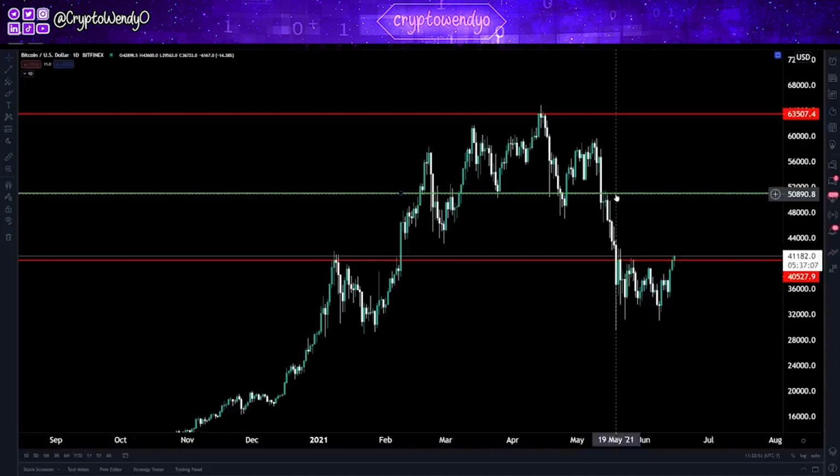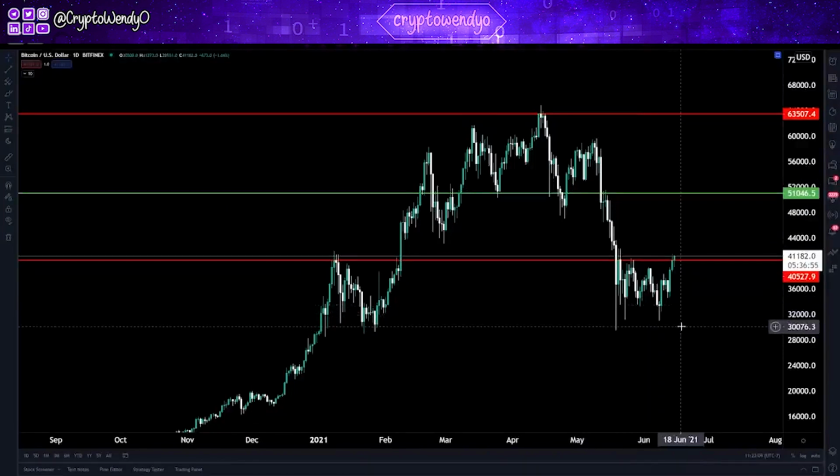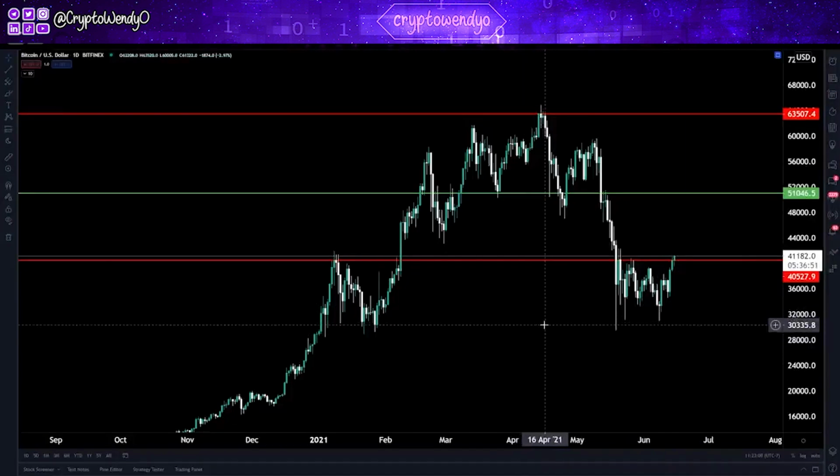Also, another important area to note here, we had these wicks test this area, where support actually turned into resistance. We failed to flip above support and we dropped down. And then again, we can also denote two other areas of support, which I'd like to show you. We can denote this area approximately